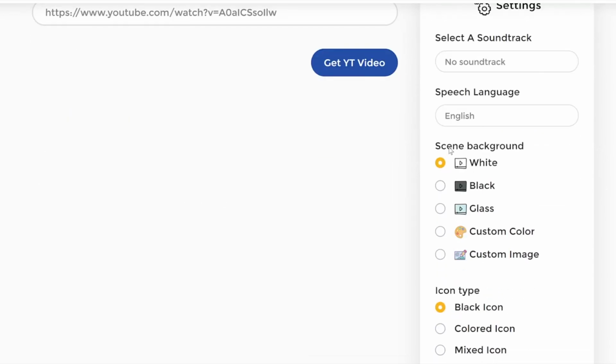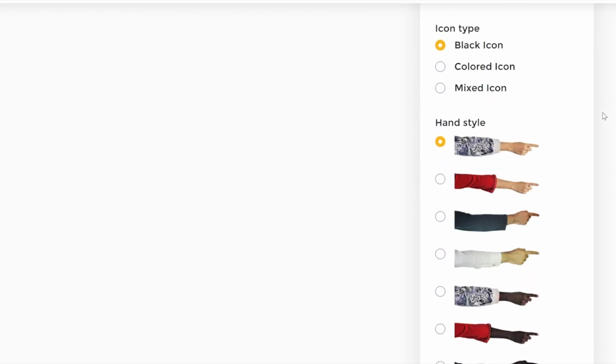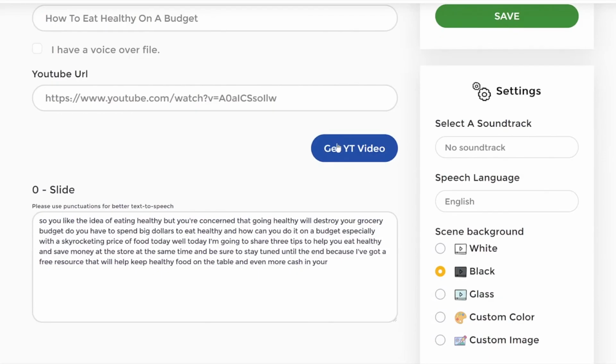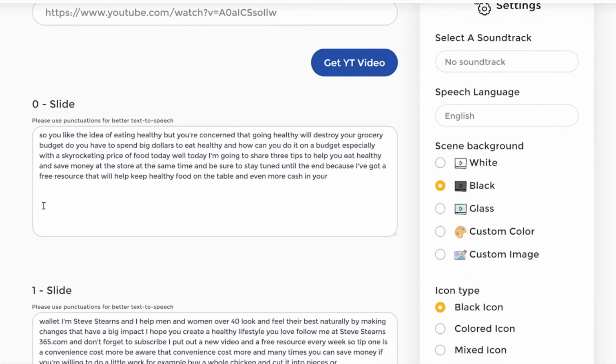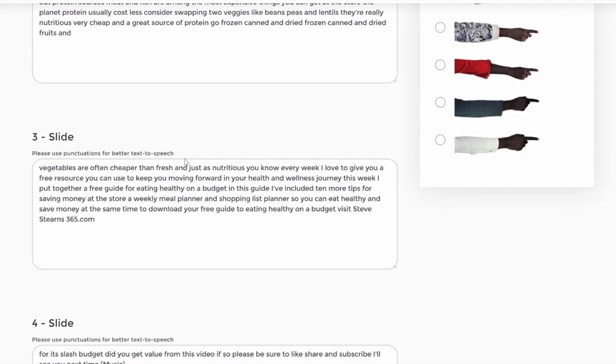Again, as you can see here, I can choose the scene. I can choose the assets type. I'll put it black and white for now. And then you can do it whiteboard, blackboard, and so on. So let's say I want to do blackboard now, and I wanted to leave it as is here. Okay. And all I have to do now is click get YouTube video, and you see that I click that blue button, and then you see this, I've automatically transcribed the whole video here,